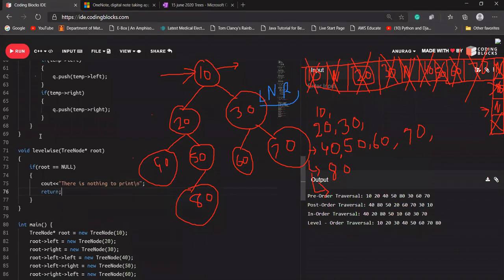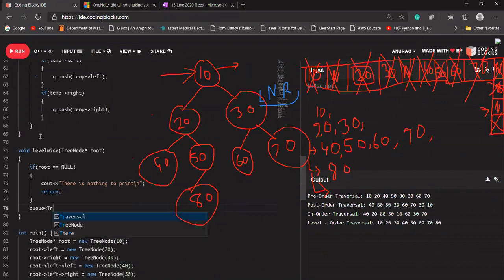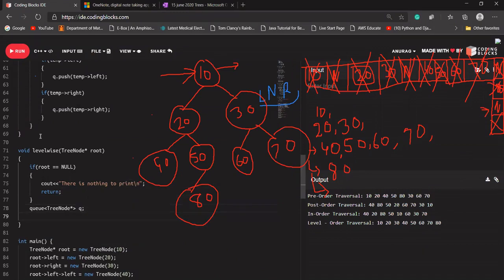Again, if it is not null, create a queue of our tree node type, and let's call it queue again. Yes, it's in our local function, so we can call it queue.